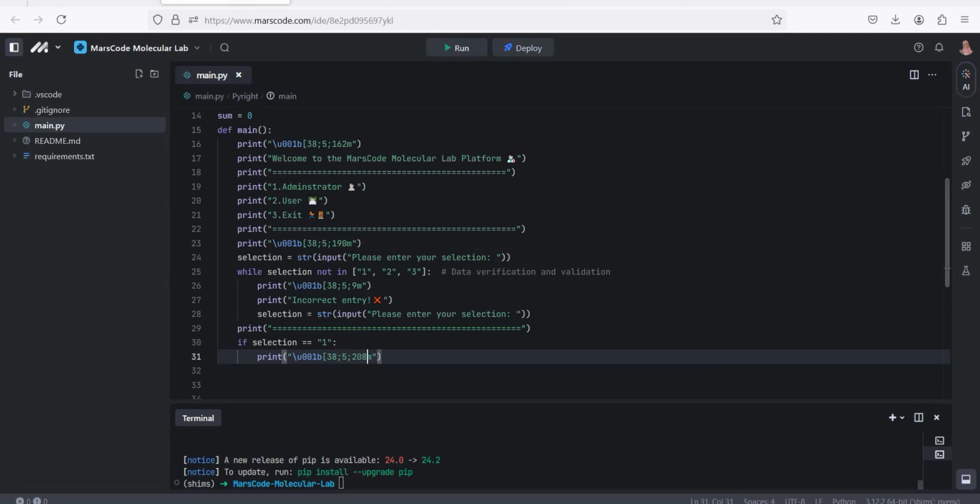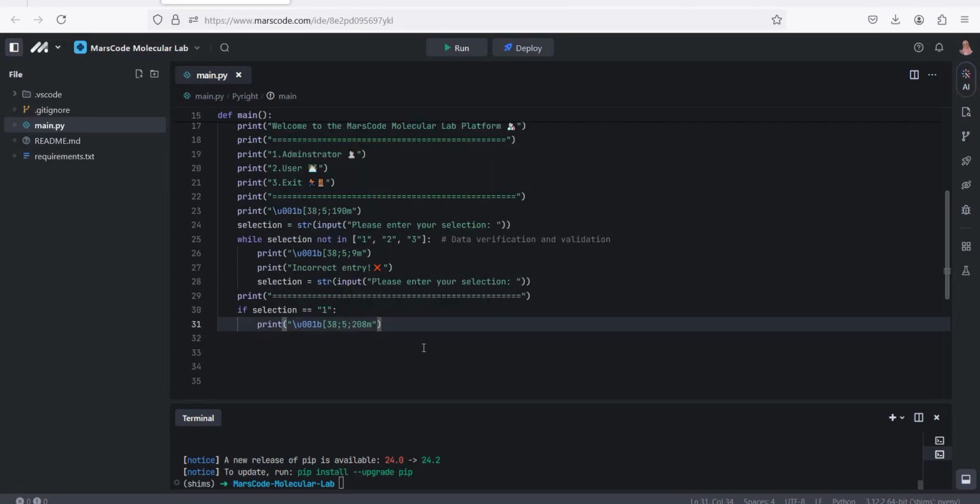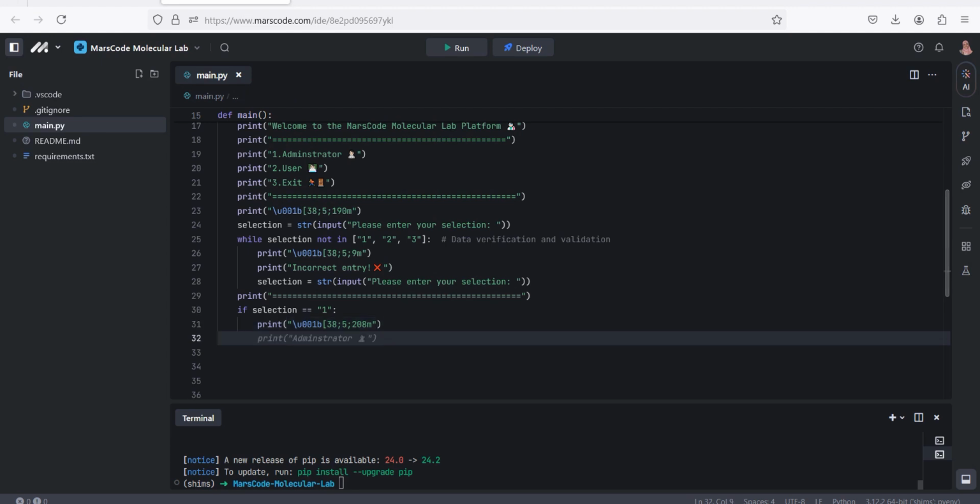So 208, I'm going to say, so that's all we're going to do for the admin section, but we'll come back to it and we'll work more on it because I want to go to the user section to focus more on that for now, and then we'll come back to the admin section where we can finish it off because the admin section is quite shorter than the user section because the administrator, mostly what happens is that they